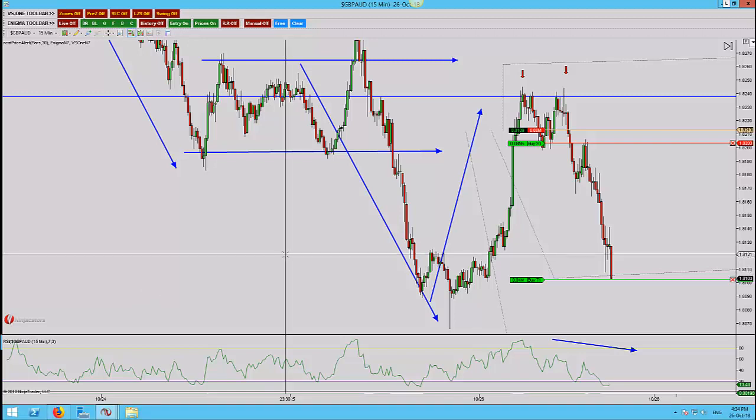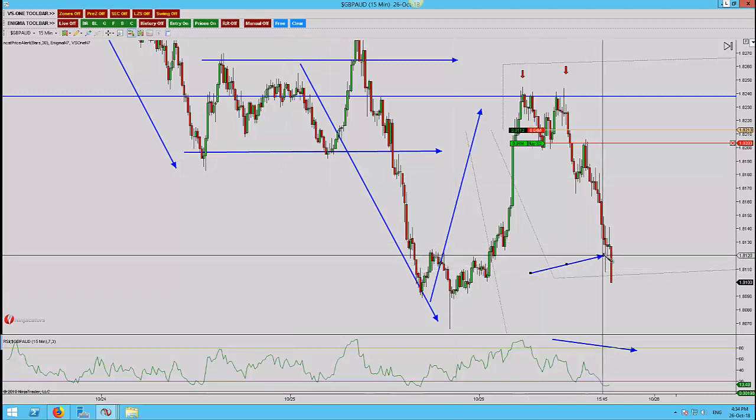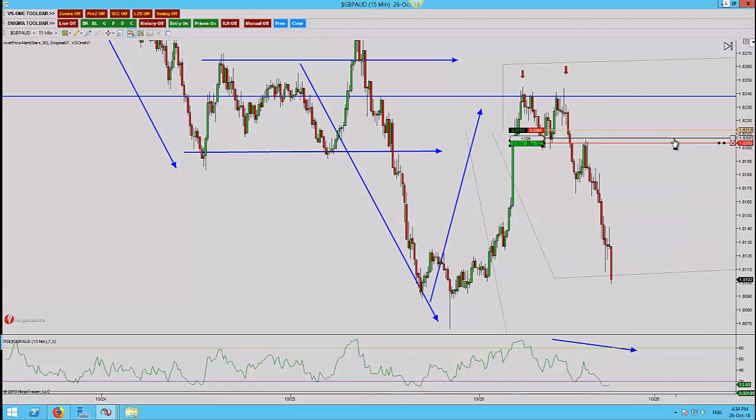And we're back. Had to pause the video for a few minutes because there we go, lovely targets hit there, 110, 112 pips, something like that on that trade. Yeah, I had to pause the video because we came within a few pips of target and rallied up, and as you can see now we have rallied the other way. So I'm just going to be 5 pips in front of my break even here,